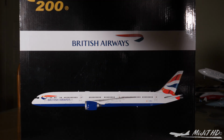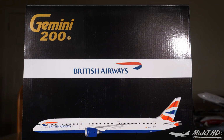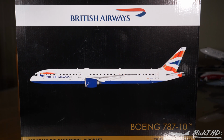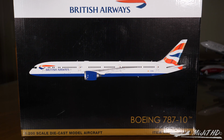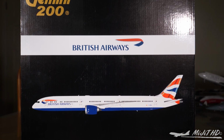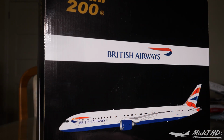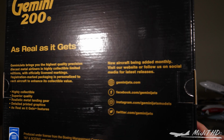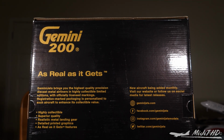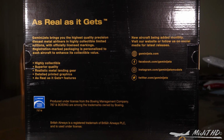Right, so let's take a look around the box here. So we have Gemini 200, British Airways, a picture of the aircraft, Boeing 787-10, 1 to 200 scale die-cast aircraft model, and the item number that relates to the specific release by Gemini Jets. On the back of the box, the typical description that you get with Gemini Jets models, and their social media links, the licensing,